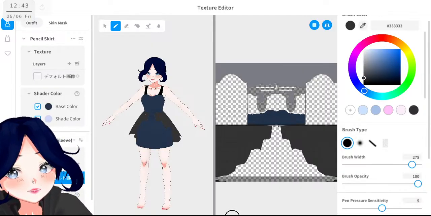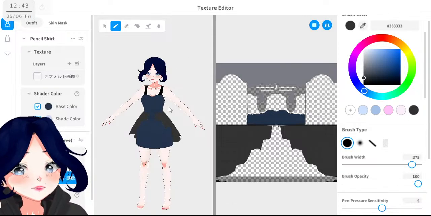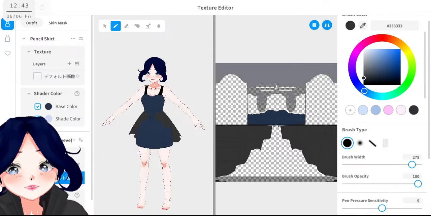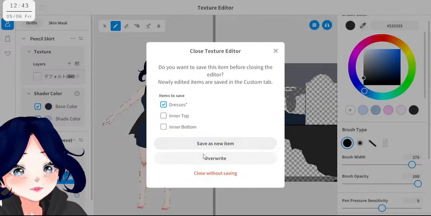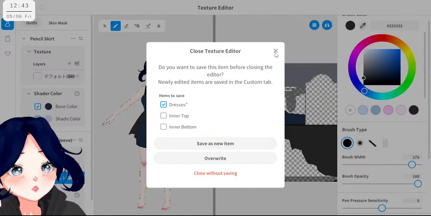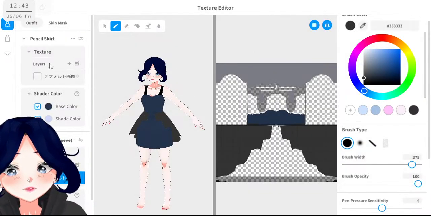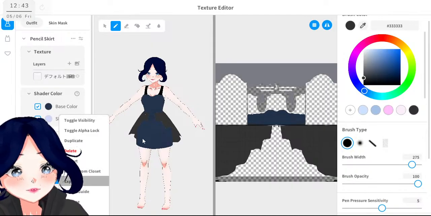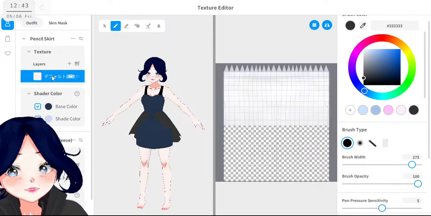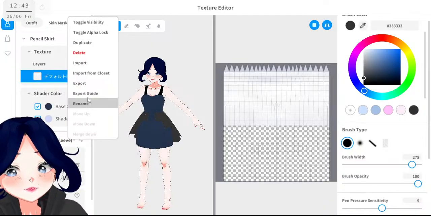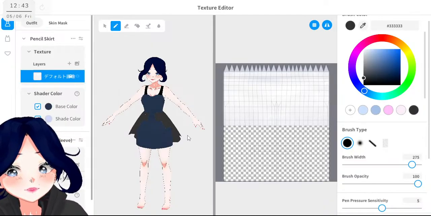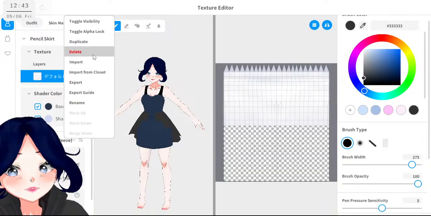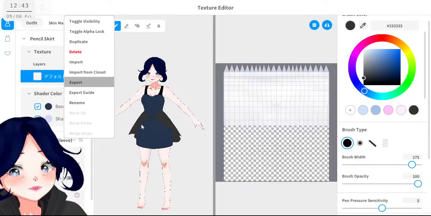We have the cape, oh, the boots, and save as. Forget that, I have to export this part. Export layer, and export this other one too. Export here.